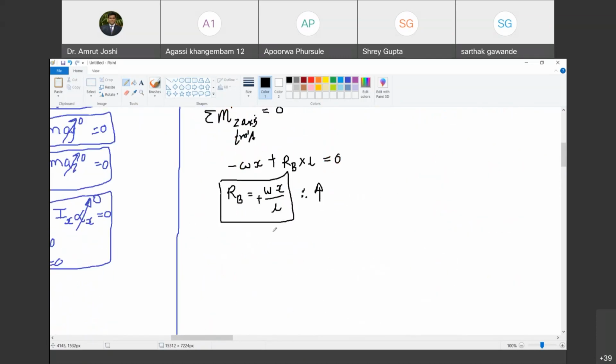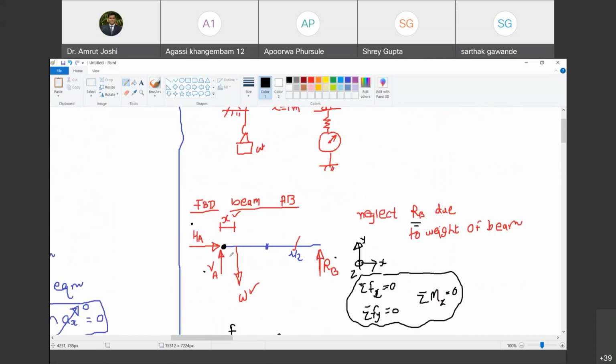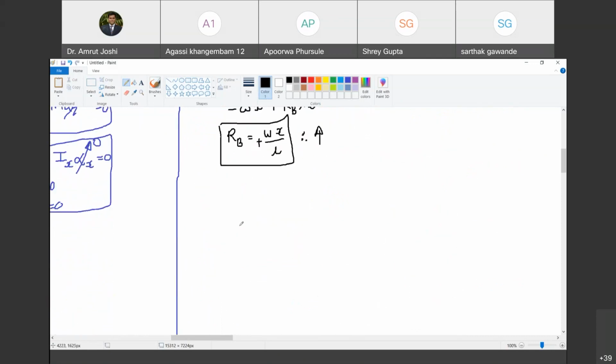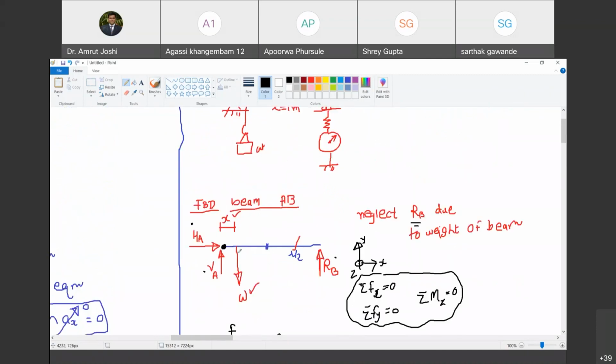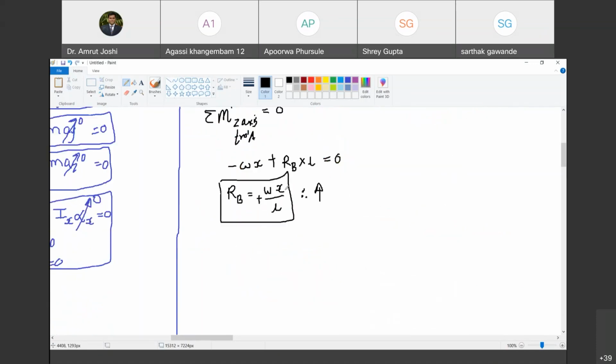Let us do a few quick examples. Let us say when W is on A itself, what is the value of X? 0. If I substitute X equal to 0, how much is RB? 0. So when the load is on A, the entire responsibility of resisting the load is on A. B contributes nothing. Are you with me? Yes, sir. When W is on B, what is the value of X? L. If I substitute X equal to L, what happens to RB? W. So the responsibility of resisting the load is entirely on B. A contributes nothing. Are you with me?